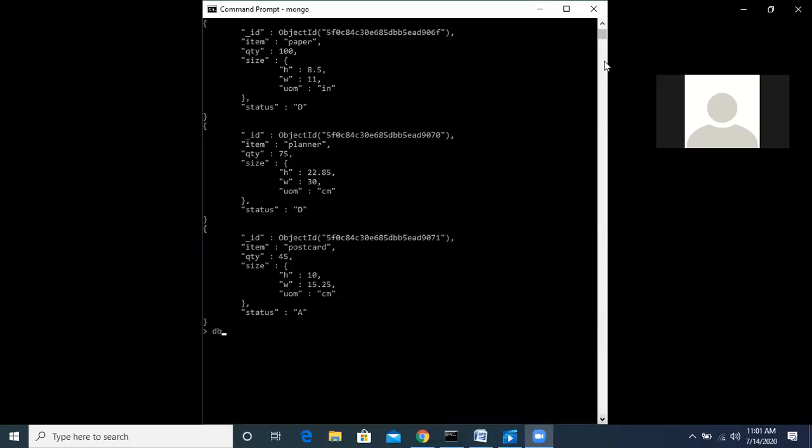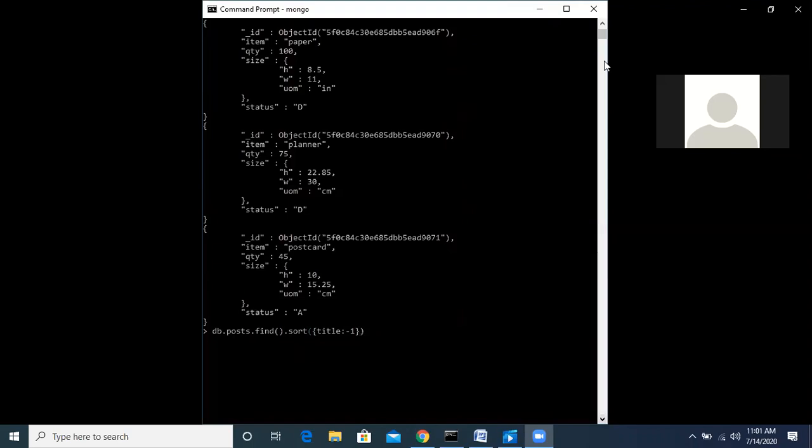So next, if we use the same command db.post.find and sort on the basis of item data set, or we are having title, minus 1.